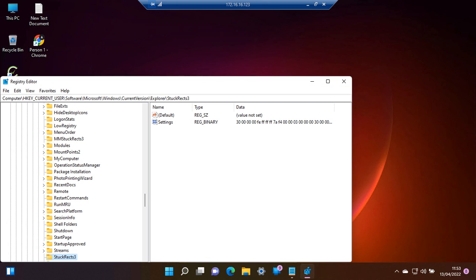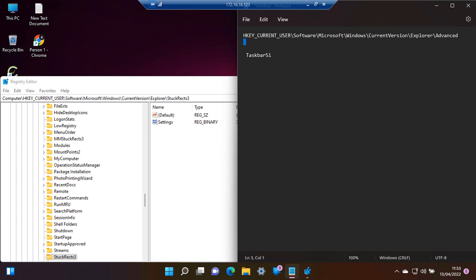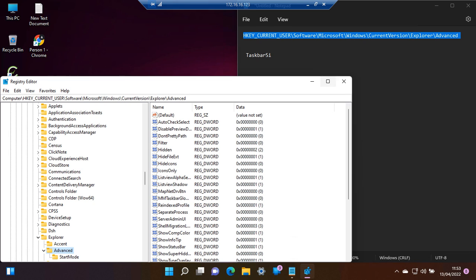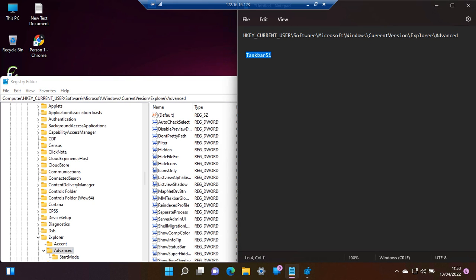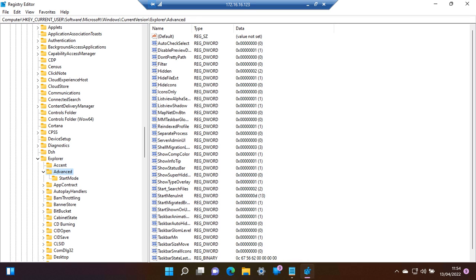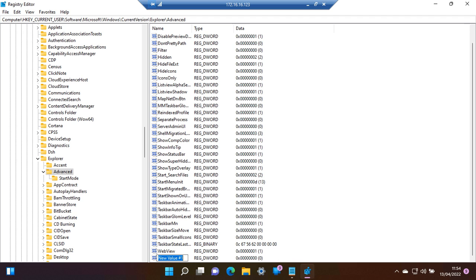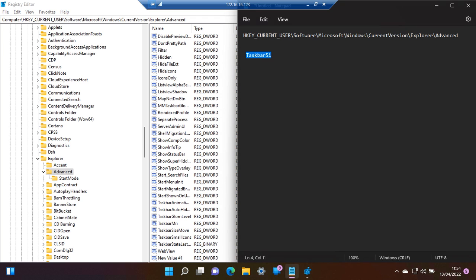and get to this location. I'll share it in the description. And in here we add this value. So now we add the value and name it as